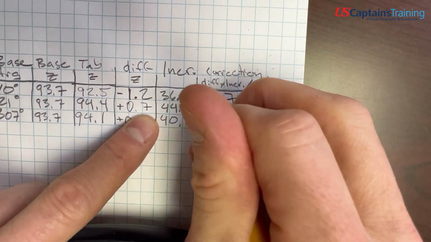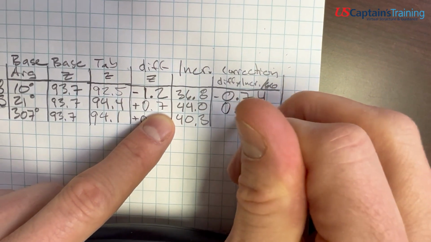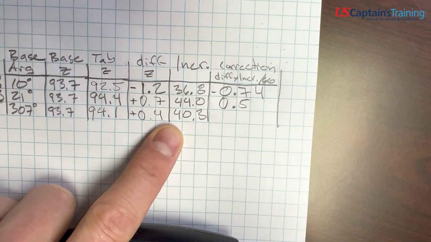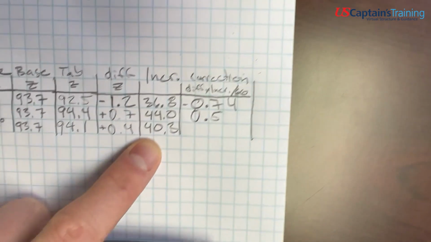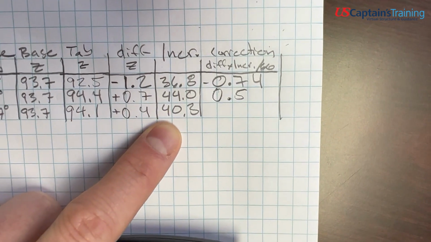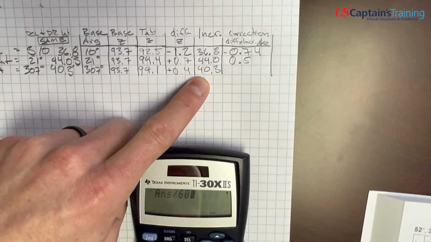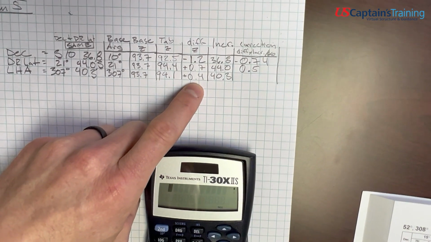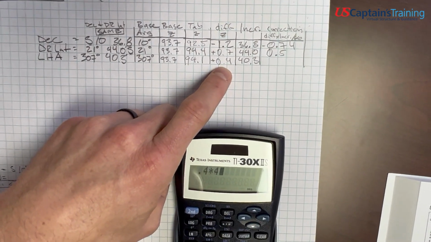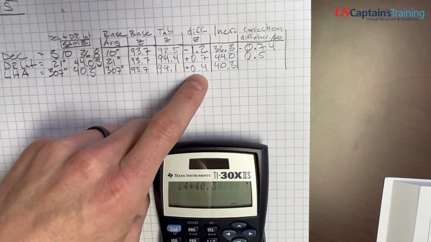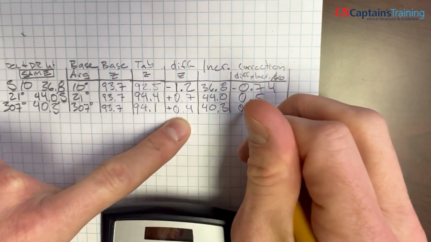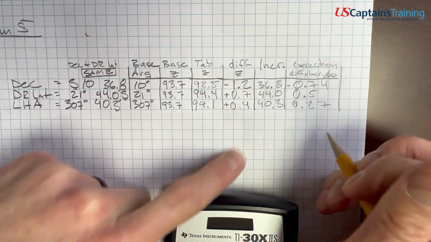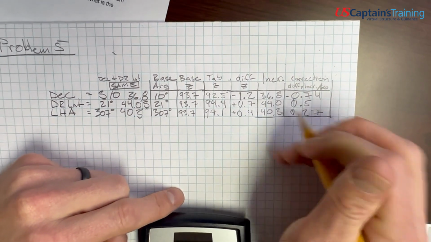I always try to do a little bit of mental math and make sure I'm at least close. So 0.4 times 40 divided by 60. Well, 0.4 times 40.3 divided by 60 equals 0.27. And now let's find the total correction,